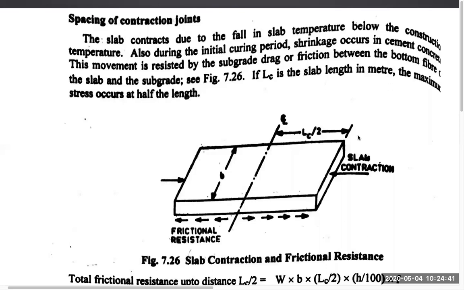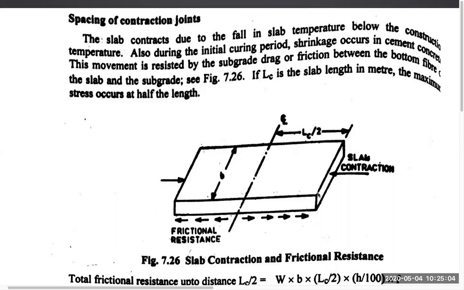Okay. So if you have a slab and there is another slab connected to it, then there is a gap. Then this slab and that slab will be connected by dowel bars. Okay. So the design of dowel bars is also in the syllabus. We will be looking into that in module 4. Okay. So design of dowel bars and design of tie bars is there as per IRC code provisions.